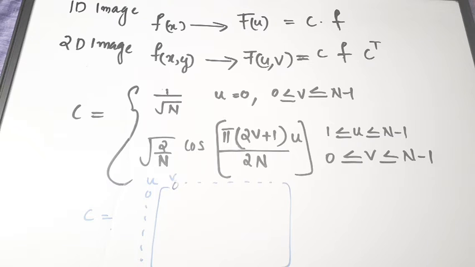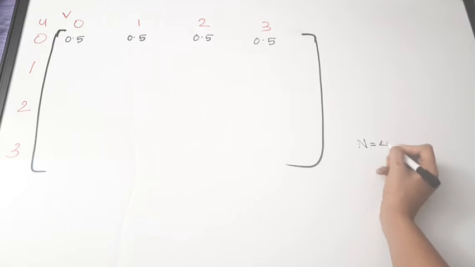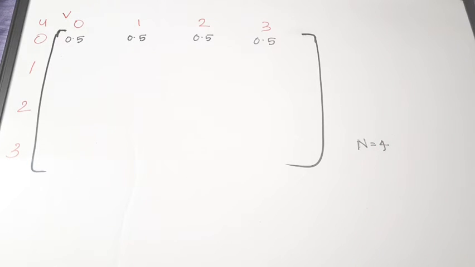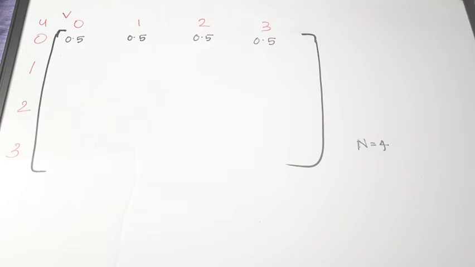Now, we are going to see how to form this DCT matrix for sequence length N equal to 4. That is, for N equal to 4, what is the DCT matrix? Directly we will be seeing. Then we will make use of that matrix and do a numerical question also. Next, we are going to see the DCT matrix for N equal to 4. Just now we have discussed the equation to form the DCT matrix, right?